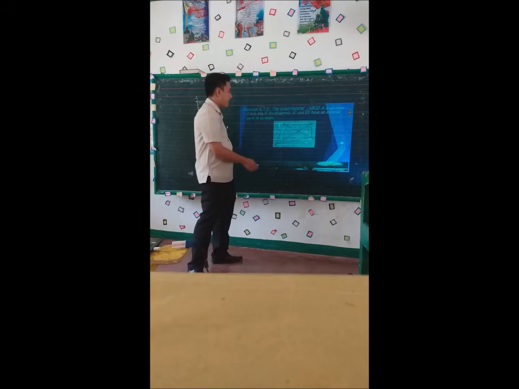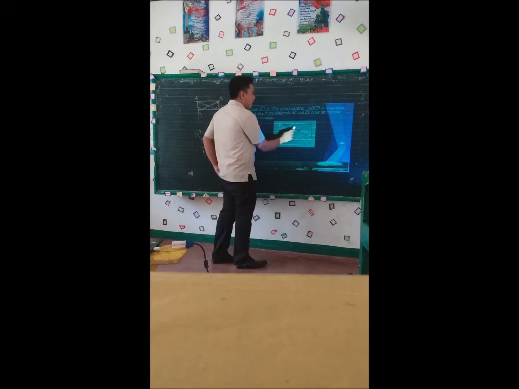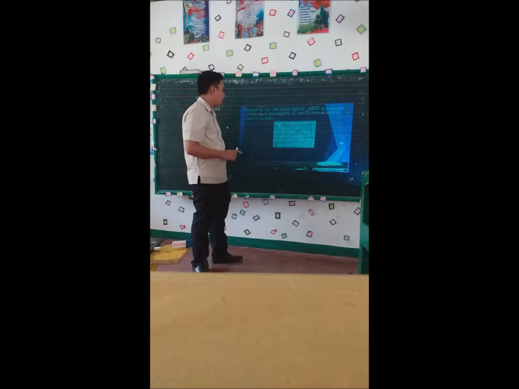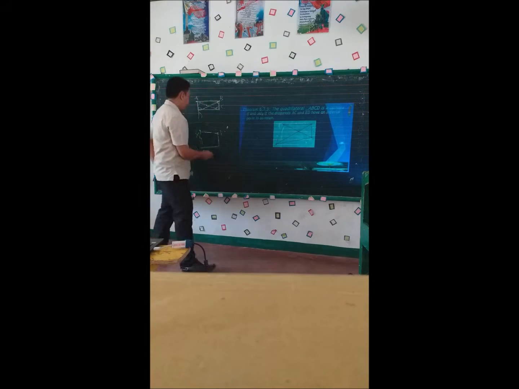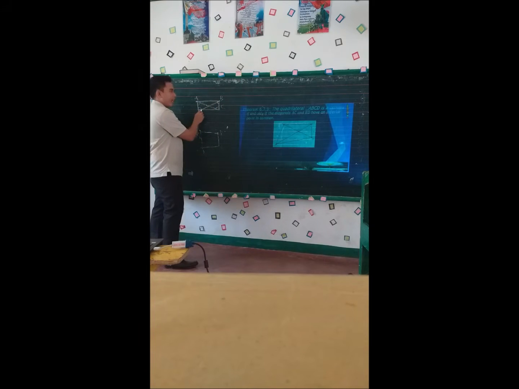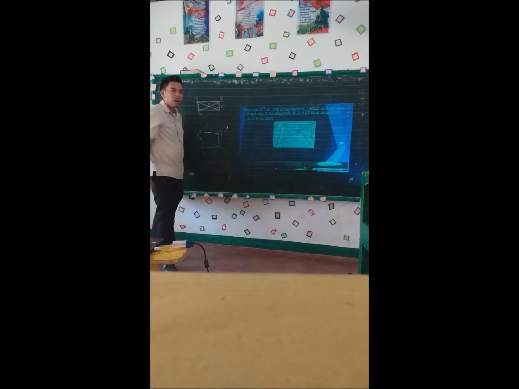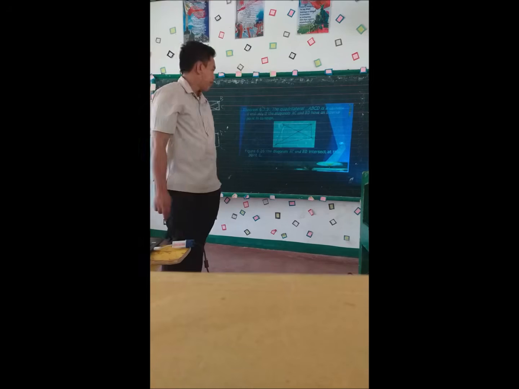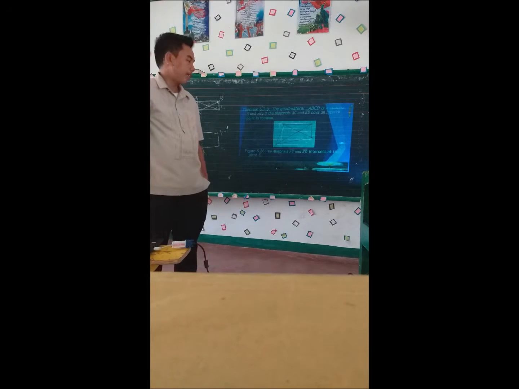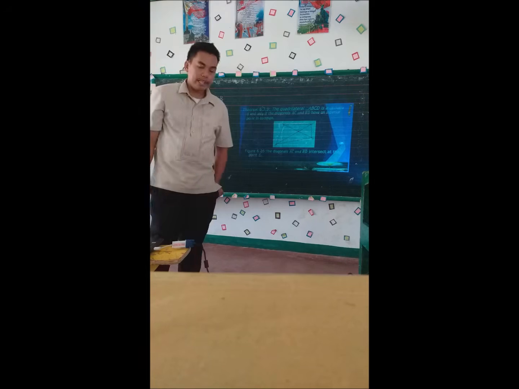Theorem 6.7.9: the quadrilateral ABCD is convex if and only if the diagonals AC and BD have an interior point in common. So they intersect at one point, point E. If the diagonals of this quadrilateral have a common point E, that is figure 6.26: the diagonals, line segment AC and line segment BD, intersect at the point E. So that would be a convex quadrilateral.